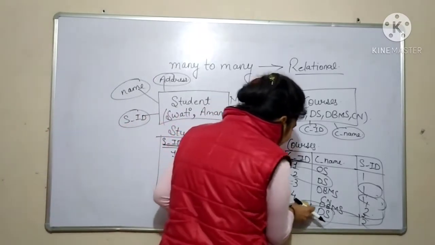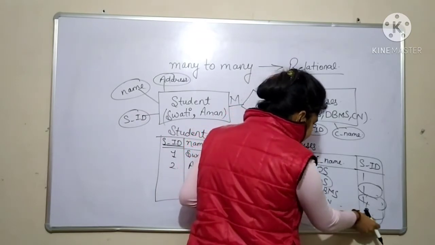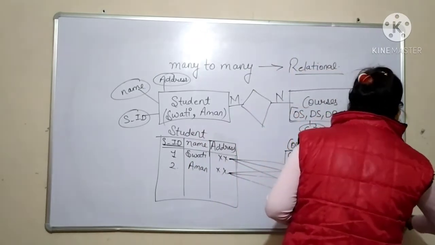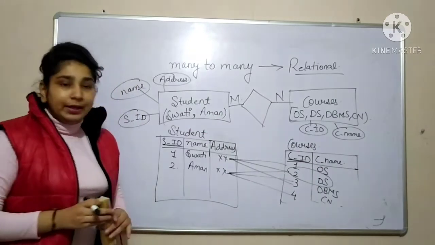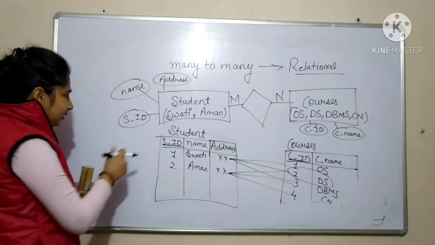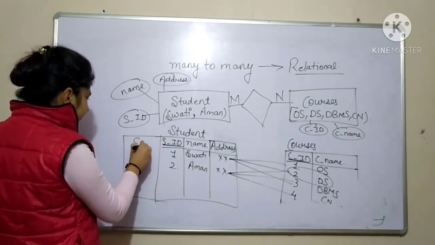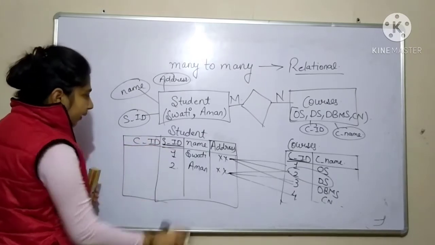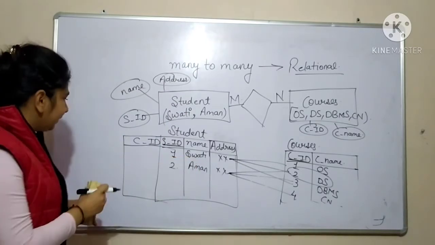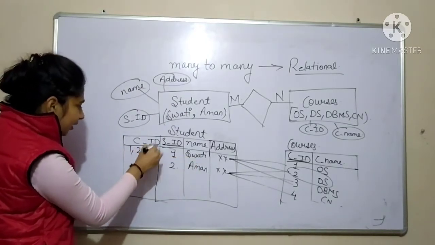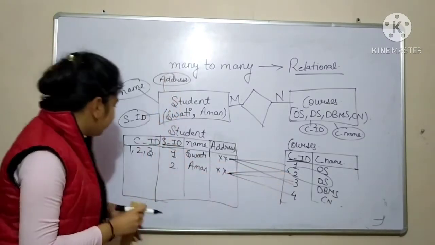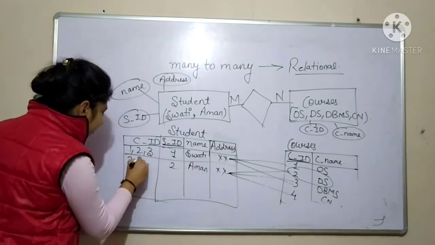Okay, so now let me try the other side. So what I will be doing is taking the key attribute in this table. Okay. So, the first, second and third subjects are studied by Swati. Which course IDs? Swati is studying 1, 2 and 3. And Aman is studying course IDs 2nd, 3rd and 4th. So, you will be writing 2nd, 3rd and 4th.